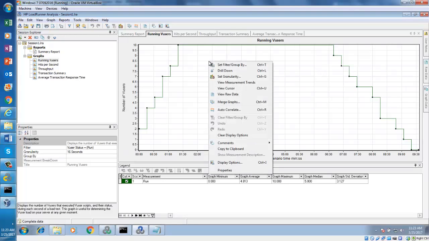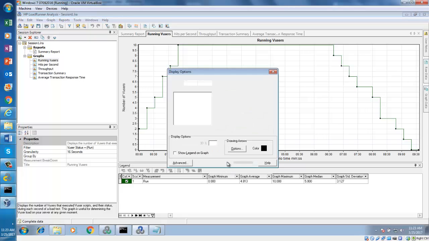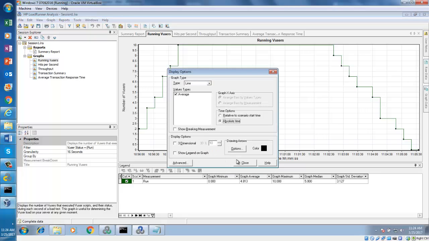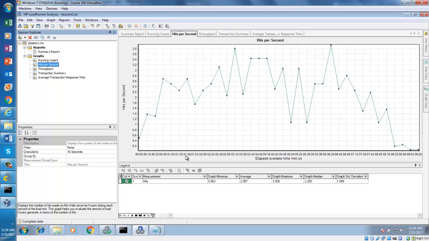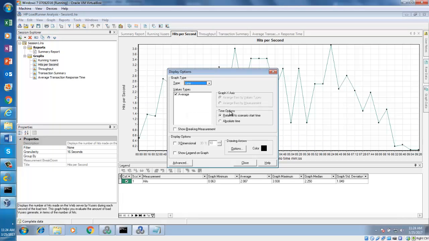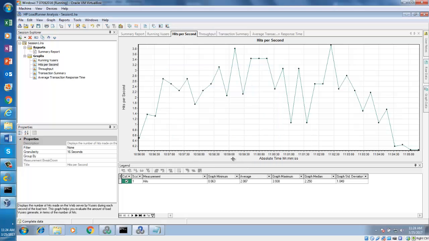You can do one other thing. Right click, and can you see display options? You select absolute time here, and then can you see from 10:57 we have 10 users. How many users? And for how long do we have 10 users? 10:57 to 11:02. Now if you take a look at hits per second, let me make this one absolute time as well. Can you see from 10:57 we have reached